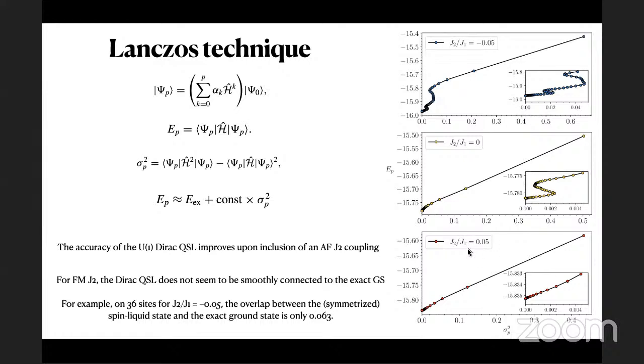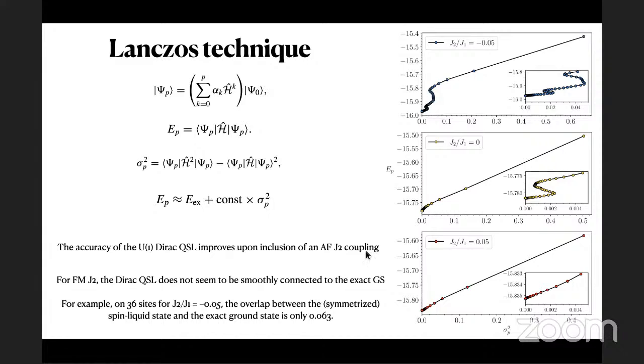Now, the moment you introduce a finite antiferromagnetic coupling, say 5%, this convergence becomes even better. You get rid of this non-monotonic behavior and you essentially converge linearly and smoothly. So if I were not to do even many Lanczos steps further, but just do 2 Lanczos steps, so the original state 1 and 2 Lanczos steps, and I extrapolate, I essentially hit the exact energy, right? So this becomes essentially linear, even better than what was there. So this gives you very solid evidence that the accuracy of the Dirac state improves upon inclusion of an antiferromagnetic